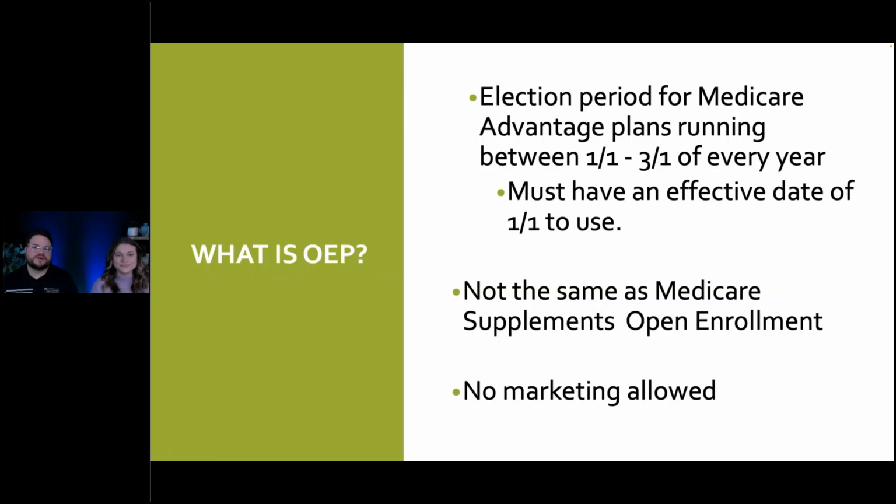So first and foremost for everybody, let's just cover what is OEP. OEP is an open enrollment period for people who are on a Medicare Advantage plan as of 1/1. So they needed to have some kind of plan, either they wrote them during AEP or they've been on one for years, but this is the election that they are able to use for a one-time switch of their Medicare Advantage